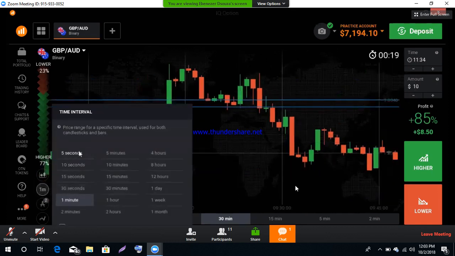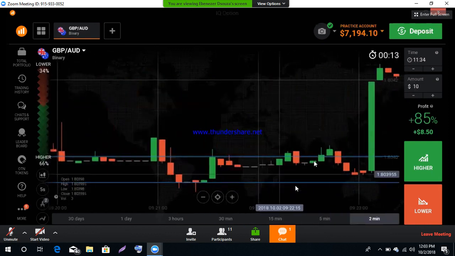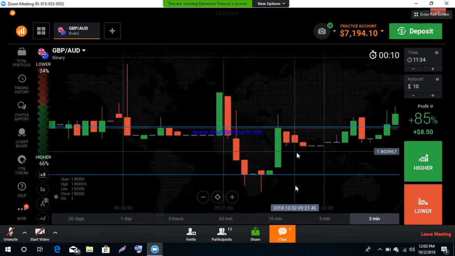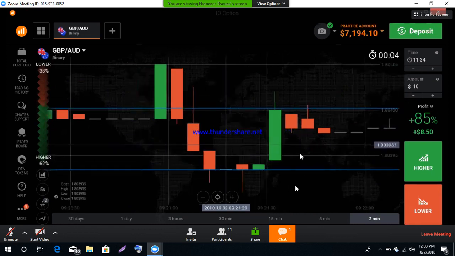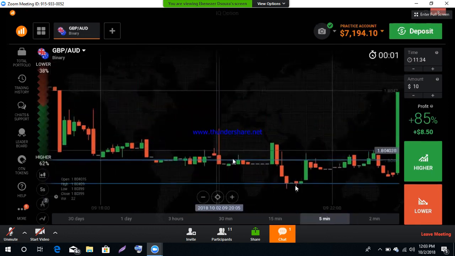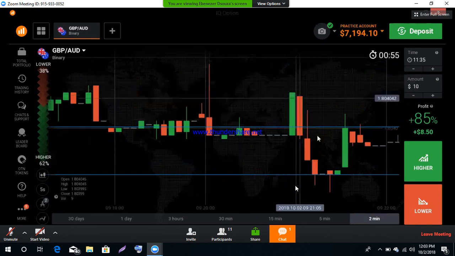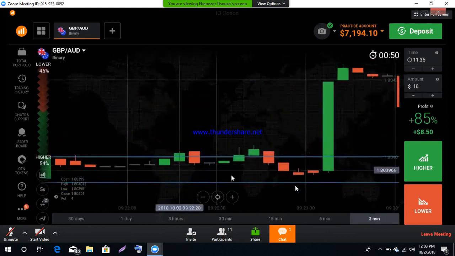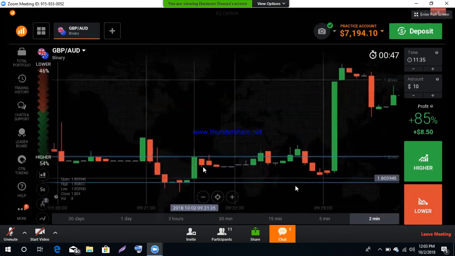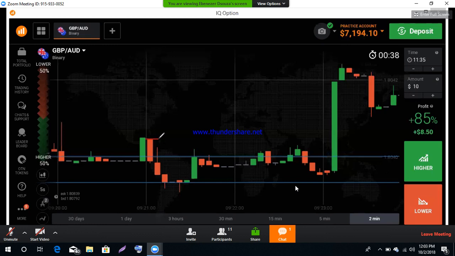Just wait, I will check it. Okay, I think there is no confirmation first in the first 30 seconds here. Okay, you can see this is the candle, this is a red candle. Okay, this is not a confirmation candle. This one, just wait. So this is a red candle, right?